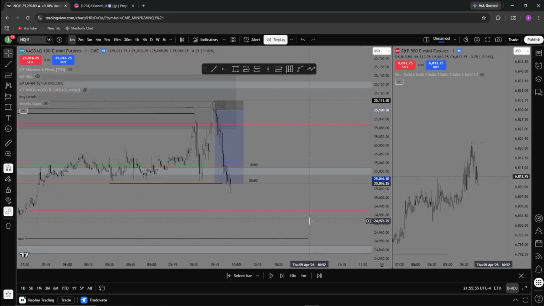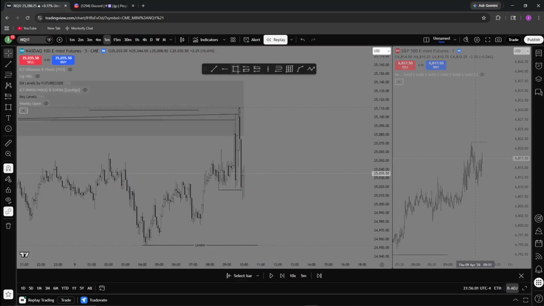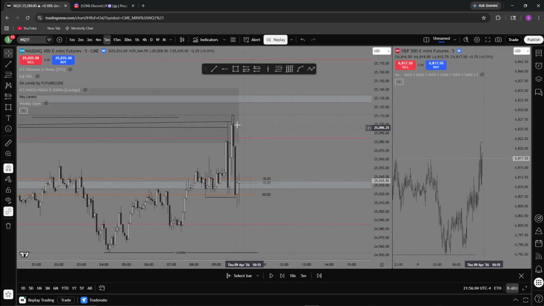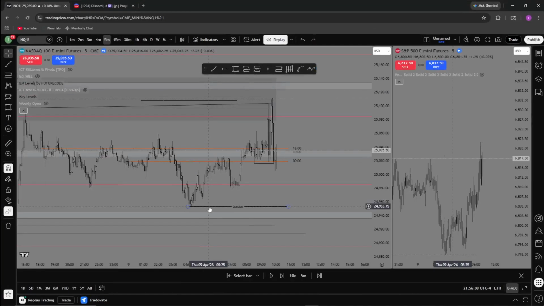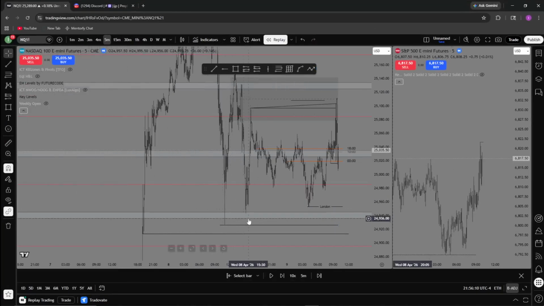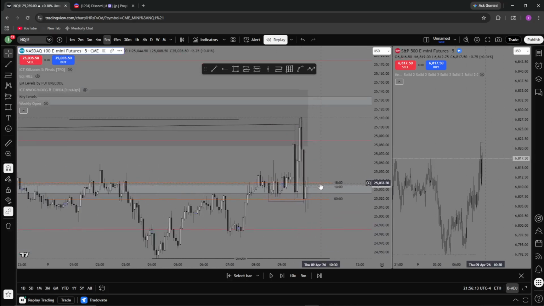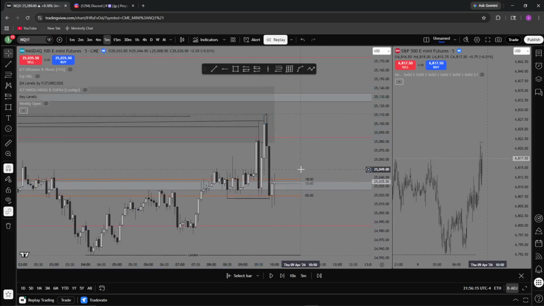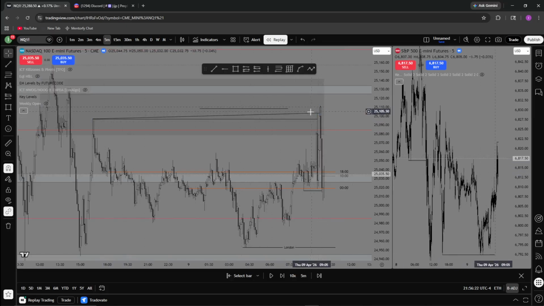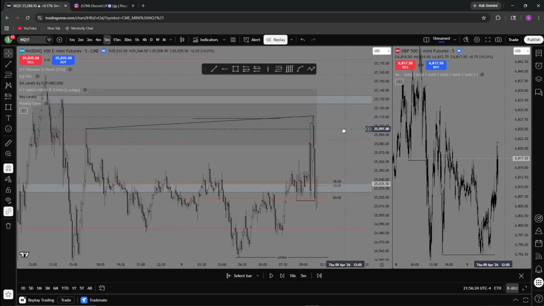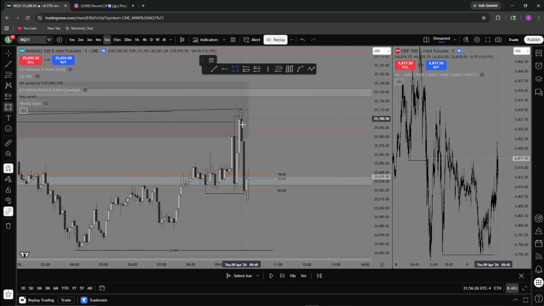And then I was thinking of another possible short. So we had this 5 minutes. Like I was saying, this high is protected and I was still bearish to London lows and possibly also these lows here. We ended up sweeping out this high and then boom, another sweep of the high, and we still had this SMT.